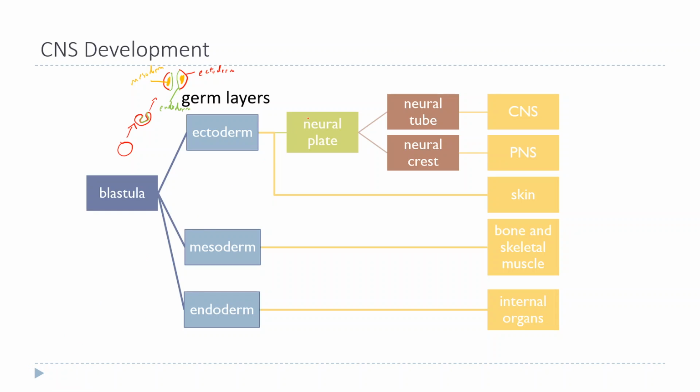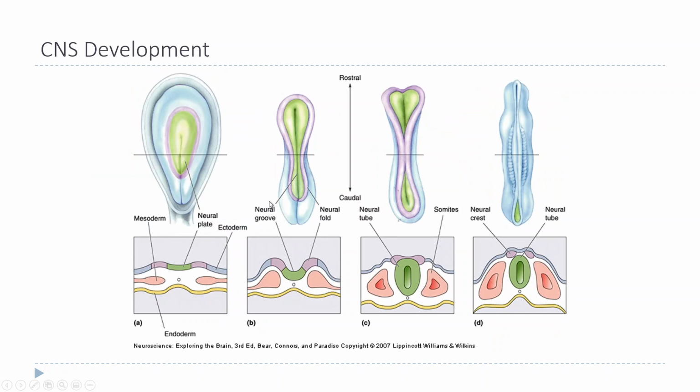And then the other major structure that forms from the ectoderm is this thing called the neural plate. And then the neural plate develops into two main structures, a neural tube, which will turn into both the brain and spinal cord, so the CNS, and then specialized cells called the neural crest that form eventually the cells of the peripheral nervous system. So here's kind of what that would look like if you could follow the development of